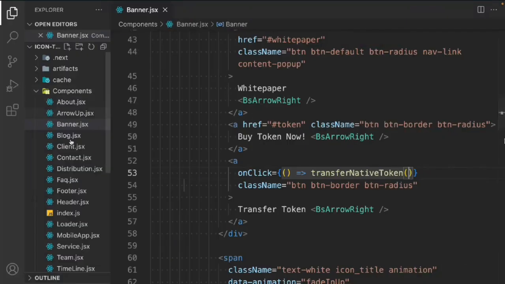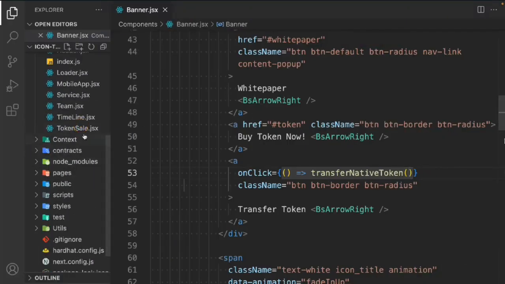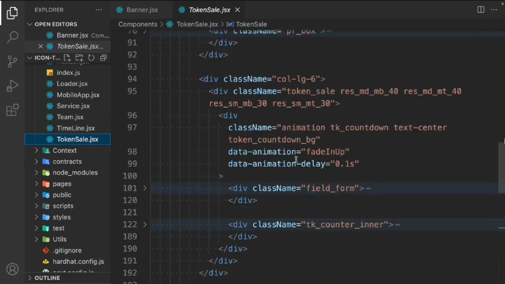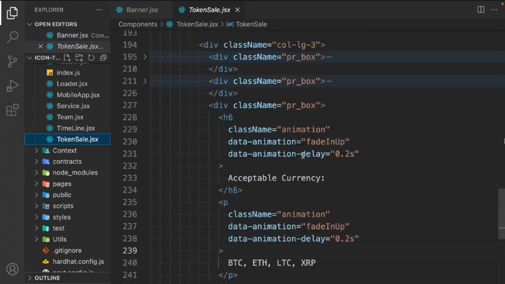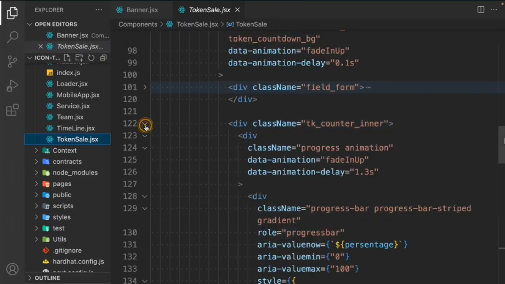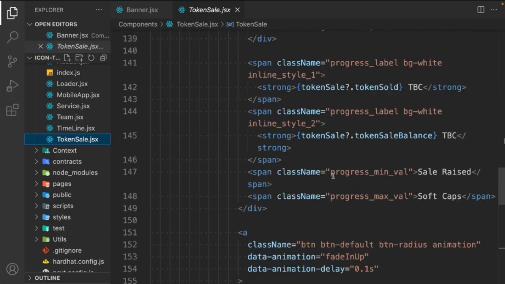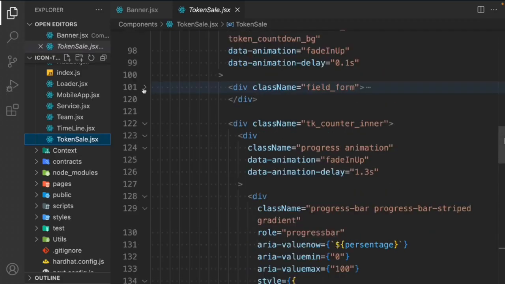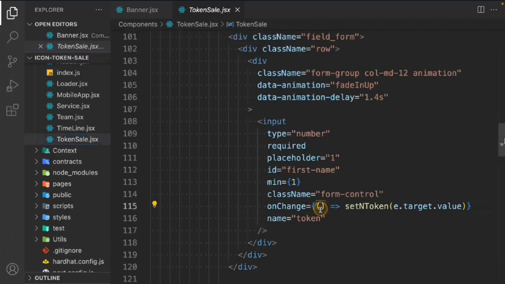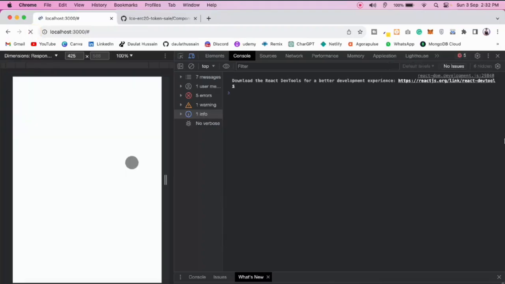So come back here in the token sale, and here we have to provide this E. Where is the input field? Let's have a look. This is the counter, and here we have the input field. We have it here in the input field. So provide this E, and this will work fine. Save it. Come here, reload the browser,